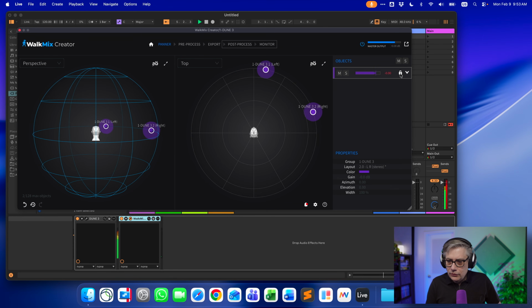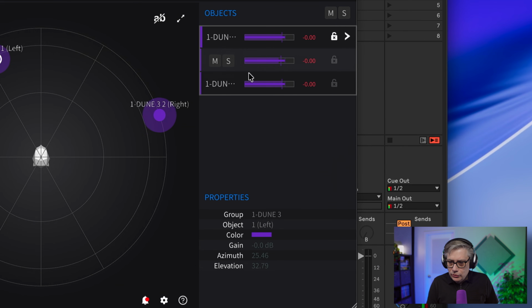I can separate them out, and I can do the left one independently. And if you do any automation, you would have to automate, first of all, the parameters that give the position of the object. In some immersive audio systems, you also have the possibility to change the size of the object. Now, in the Walkmix Creator, you can, for example, also change the gain. So if I go to the left one, I can change the gain here maybe to -2 and so forth. And then you would automate that. And that obviously, after a while, becomes a lot of automation.